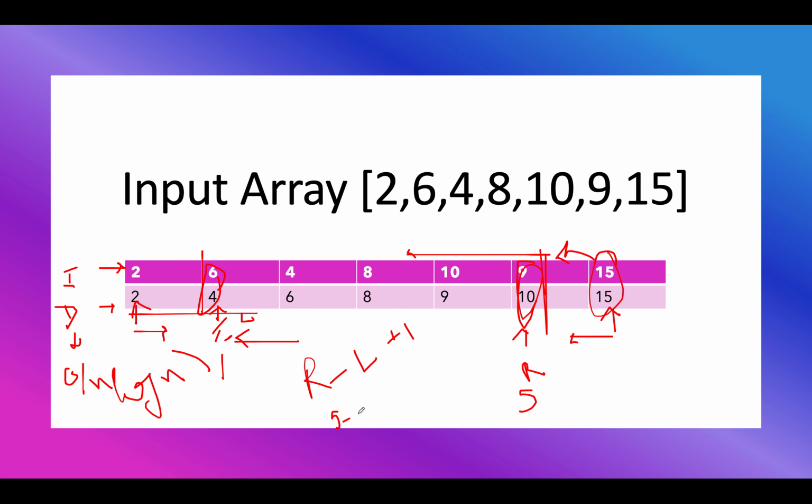What will be the space complexity of this approach? The space complexity of this approach would be order of n, and time complexity, as discussed, is order of n log n needed for sorting the array. Can we do something better than this? Yes, of course we can. Let's look at that optimized approach.